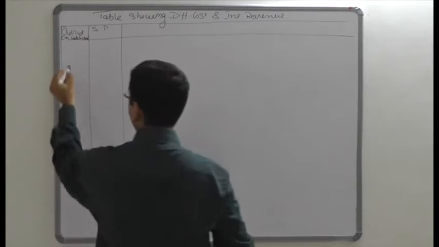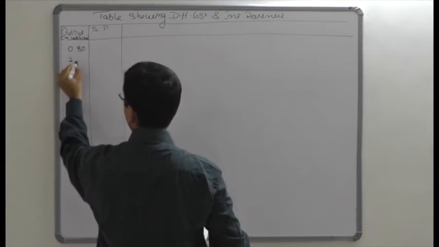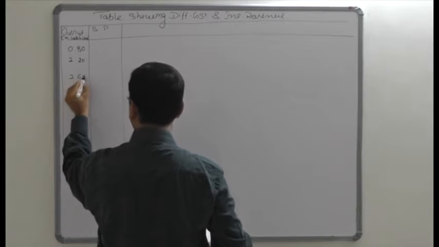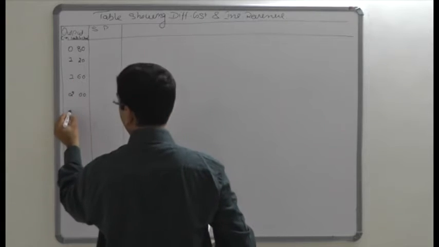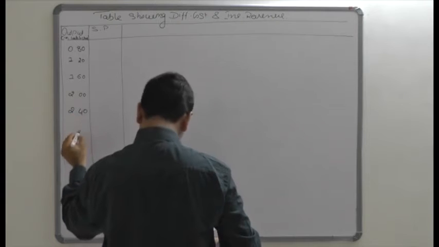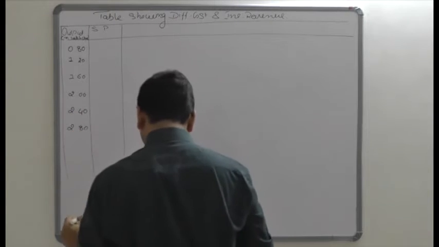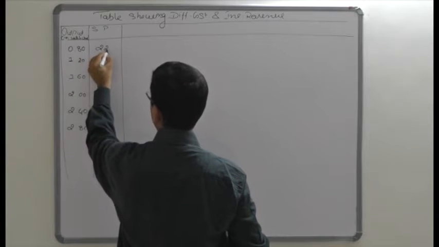Start with the first, that is 0.80, then 1.20, then 1.60, then 2.40 and 2.80. Now the selling price per machine is given in front of that, that is 220,